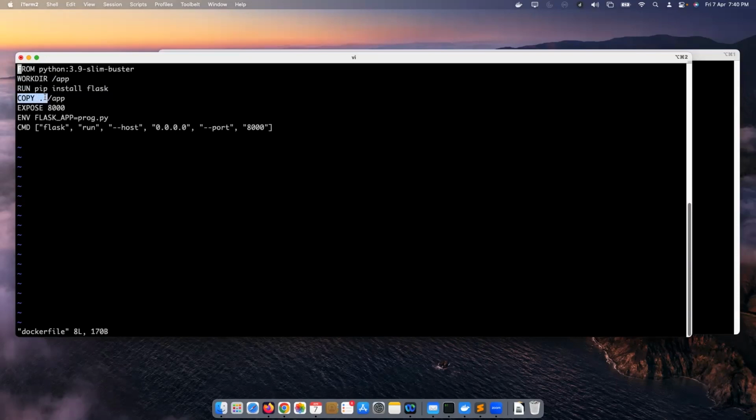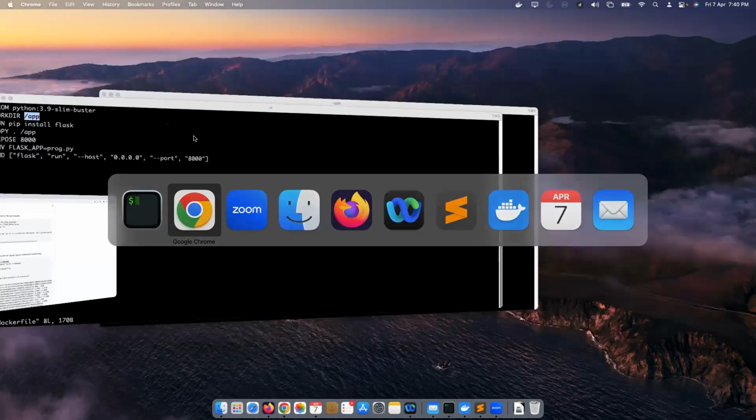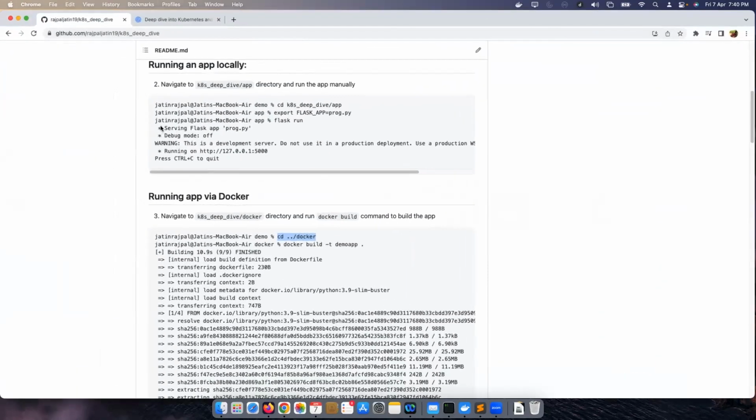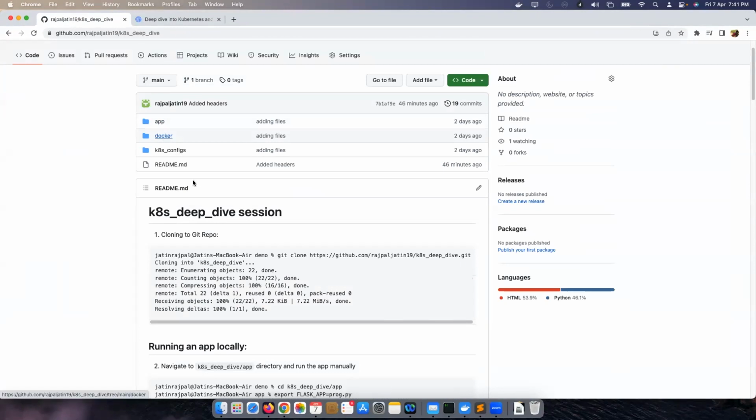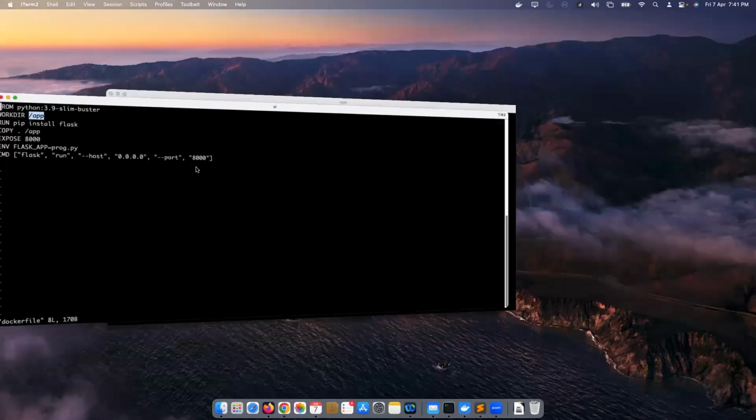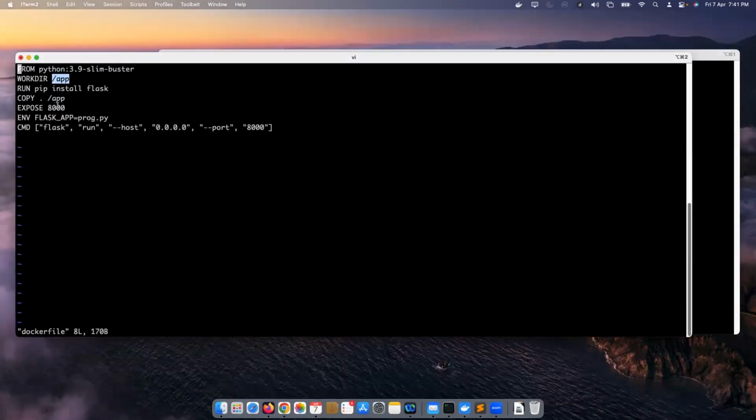Then you copy everything that you have in this directory to /app. When I say dot, it means it is going to copy everything that we have here. For example, within the Docker directory, you have your program and your templates. It's going to move under /app once it runs in a container, and that's how you move your code.